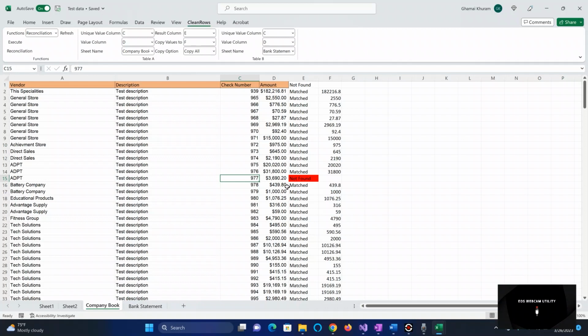This was just a basic example on reconciling the bank statement, but this reconciliation method can be used on any type of data. You can reconcile invoices or any other